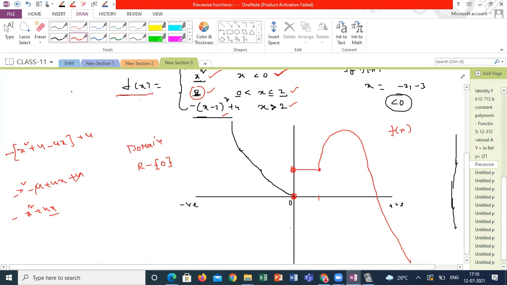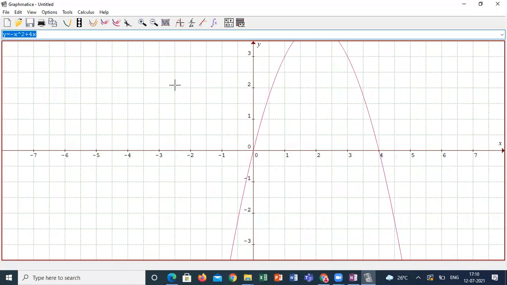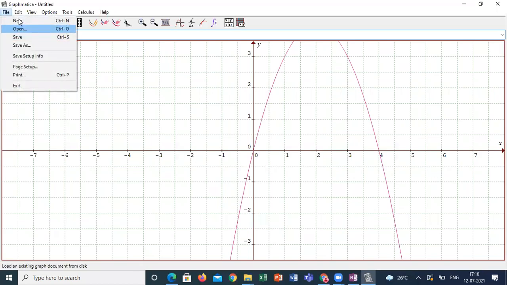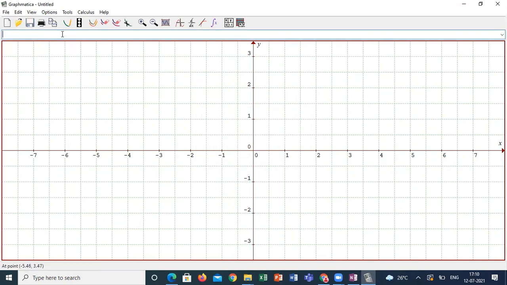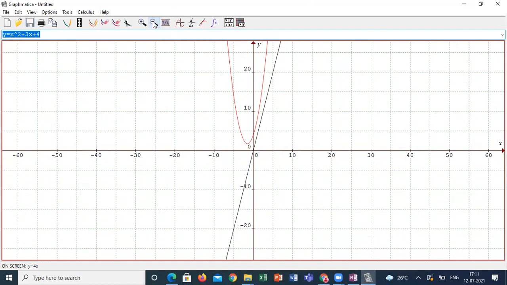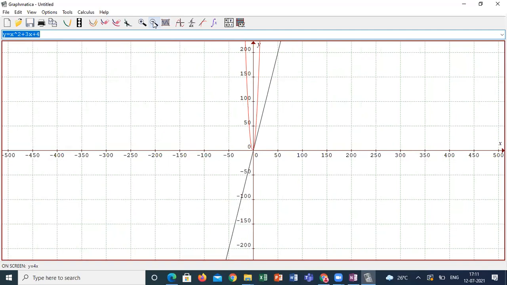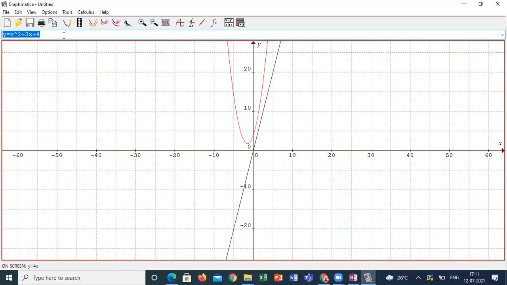Yes, sir. So continuous functions are like this. See, this is a continuous function. Suppose I am taking a linear graph, it is a continuous function. Suppose I am taking y equals 4x, this is a continuous function. Suppose I am taking y equals x square plus 3x plus 4. This is a continuous graph. See, if I am zooming out also, you will get a continuous graph. There is no break from minus infinity to plus infinity. The graph is continuous. But if I am taking